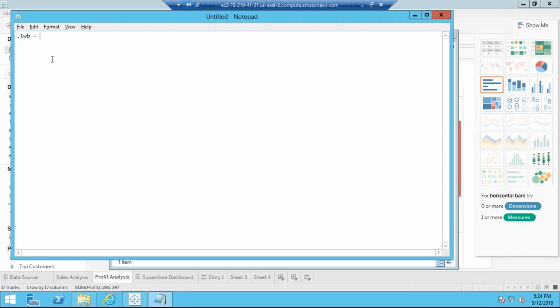So TWB file, remember, it does not store any data. Workbook doesn't store any data. See, these are very basic things, but this is very important. This will help you to understand and work on Tableau in future. Because the workbook does not store any data, only what you did in the workbook, charts and all that. But when you open that workbook, let's suppose you don't have the data, those charts will be empty, so it is of no use for you.